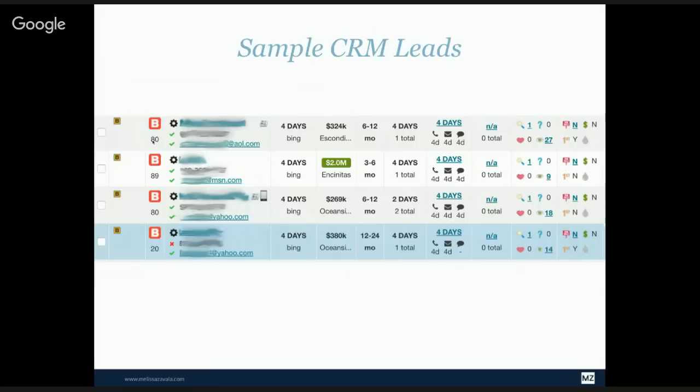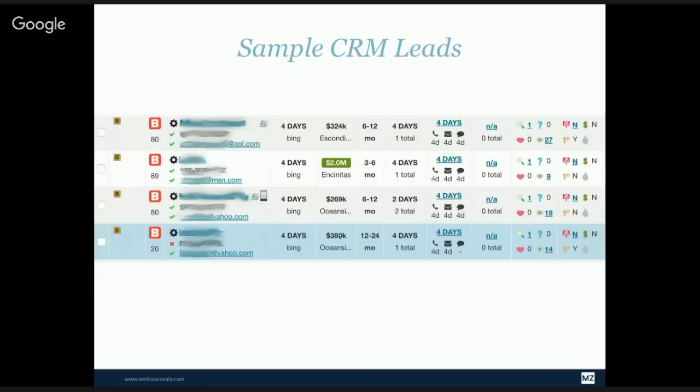And the CRM that we have actually gives them a grade. And then these are the emails, and I've whited out the phone numbers. But this is the level of analytics that you can get depending on the CRM that you've used. So for example, this person was searching on a mobile device, and for these 2 people, these little newspaper icons show that the system found some social profiles for them. And then they all logged in 4 days ago, and they all came from Bing.